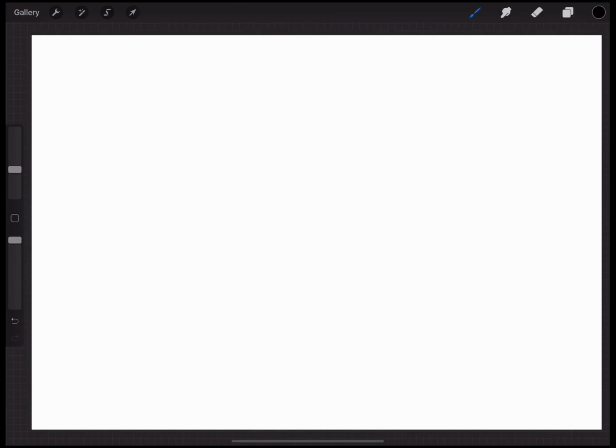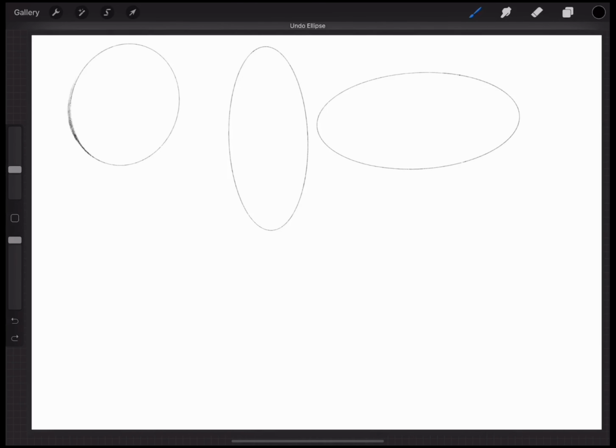What we first want to think about is the shape of our character and the shape of our character's face. So cartoons can have lots of different head shapes, and what we first want to do is just have a look at the different types of head shapes. So for example, you can have a classic circle, we can have a sort of long bean-shaped head, we can have a sideways bean-shaped head, we can have a sort of potato-shaped head,